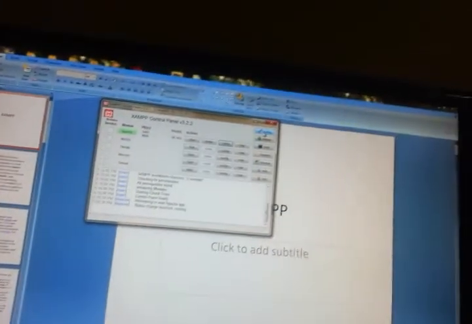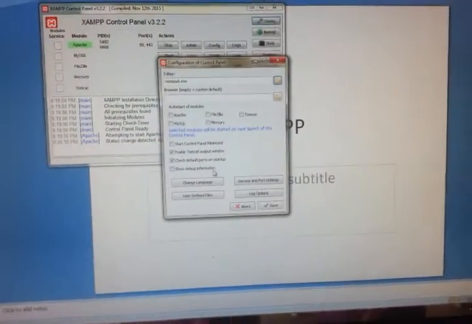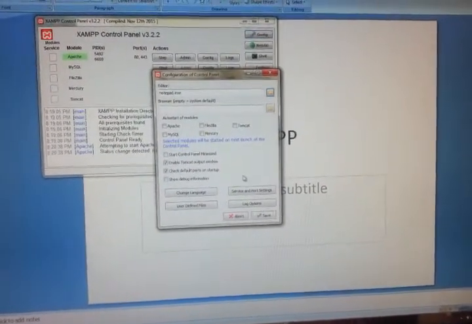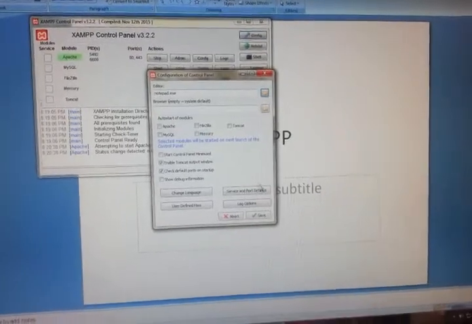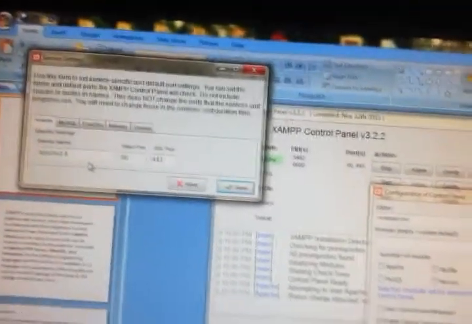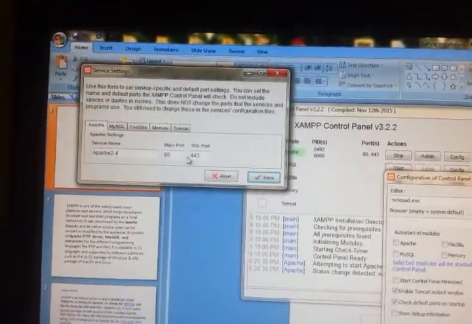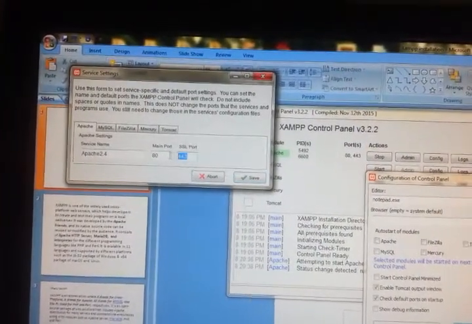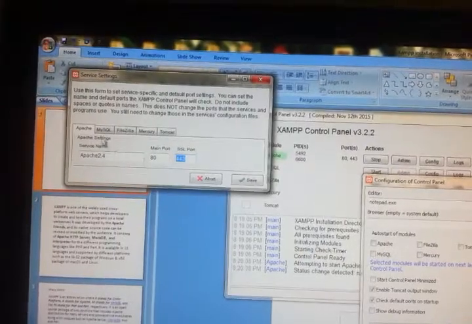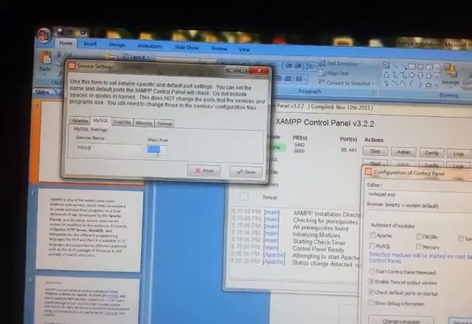And if you see the configuration files, service and port numbers. Apache port number, main port is 80 and SSL port is 443. And MySQL port number is 3306.